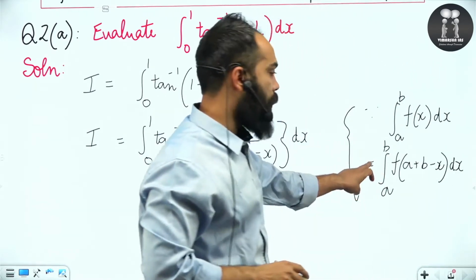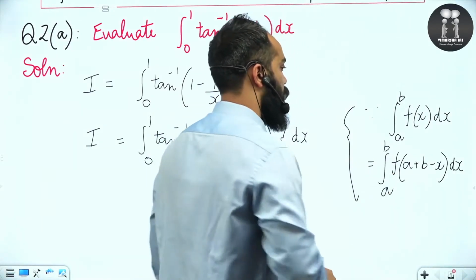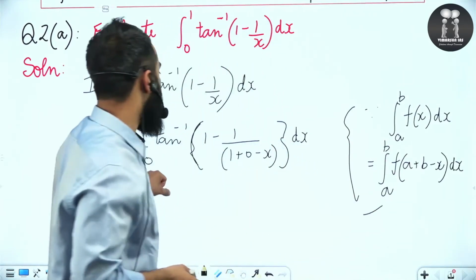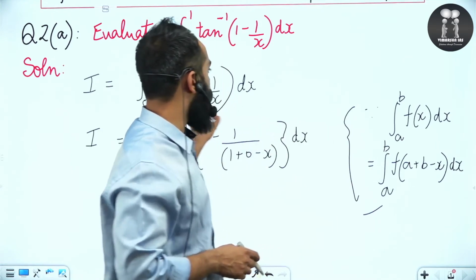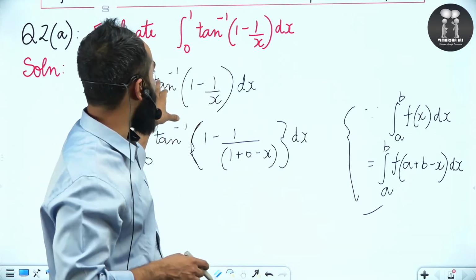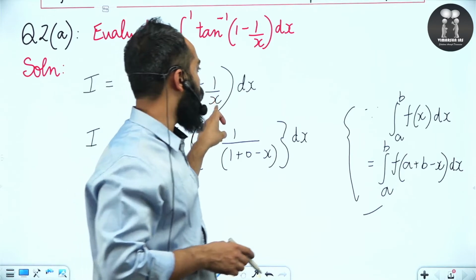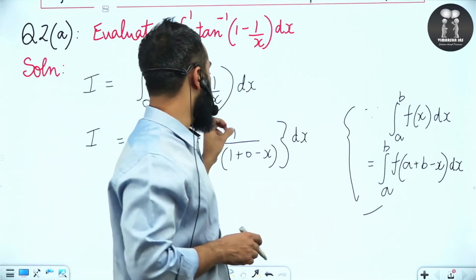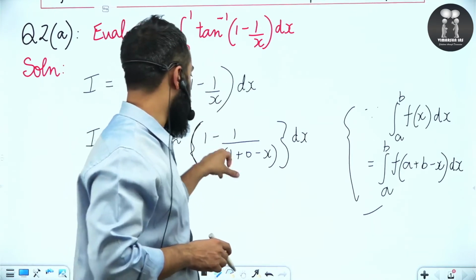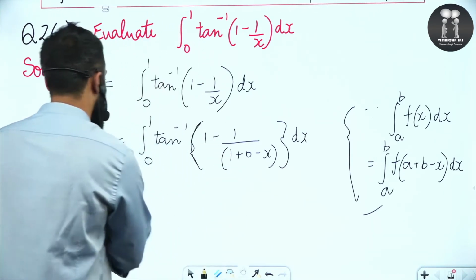So this is the property we have used. You can see here a is equal to 0 and b equal to 1, and here f(x) equal to tangent inverse of 1 minus 1 by x. So in place of x we will put 1 plus 0 minus x. So it will be like